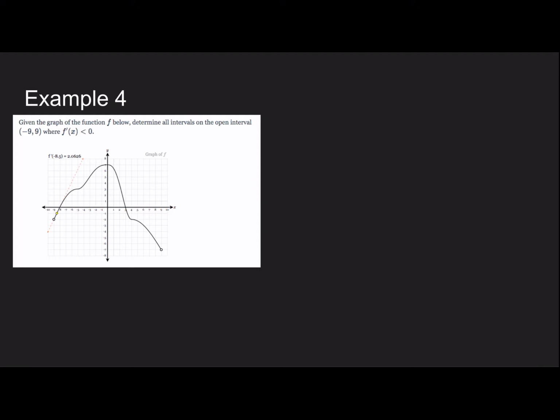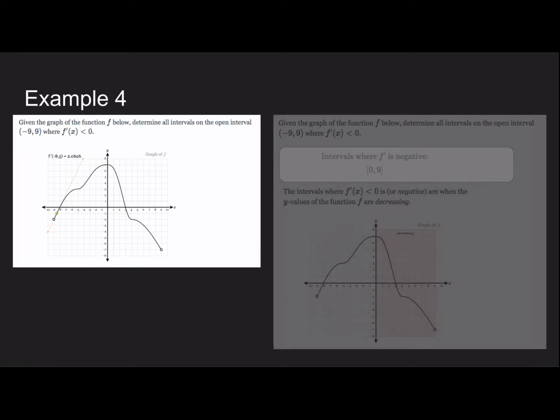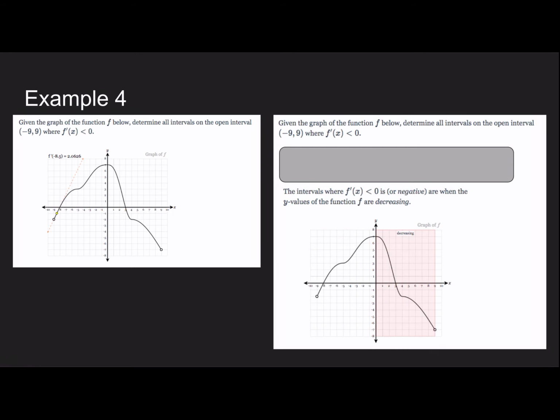Given the graph of the function below, determine all the intervals where f prime of x is less than 0. So that prime makes a difference. That is not a typo. If you recall, whenever we talked about f prime or the first derivative, I tried to sink into your head